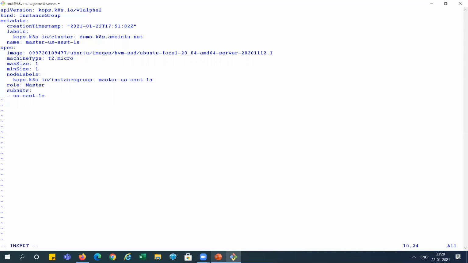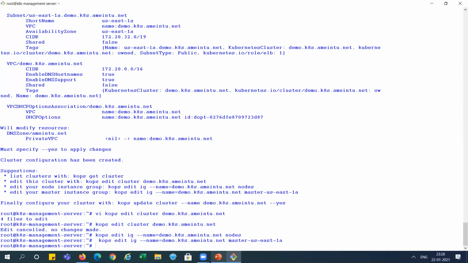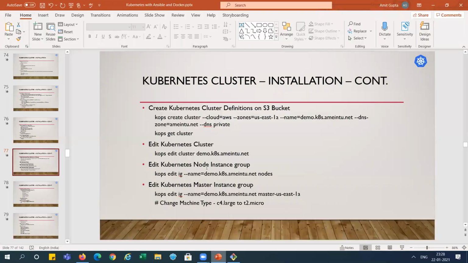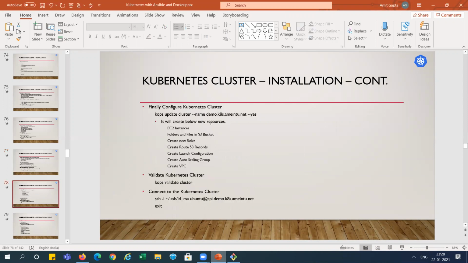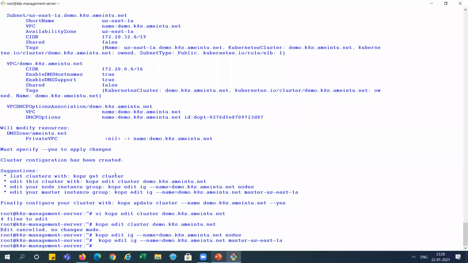Right. Now I am changing it, saving it, right? Now what we did, we have changed the machine size for both master and nodes, right? All 2 nodes and 1 master. So it will create 3 systems. So we are okay up to here. So finally, we need to create the cluster. I told you we need to run this command. It is written over here. You can directly copy from here and run it.